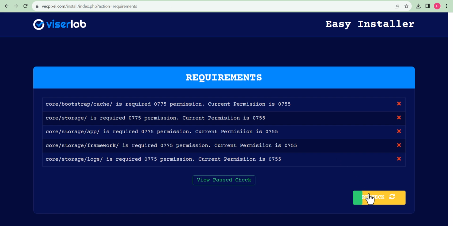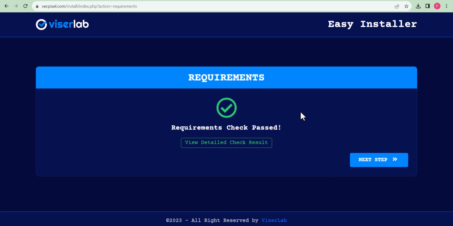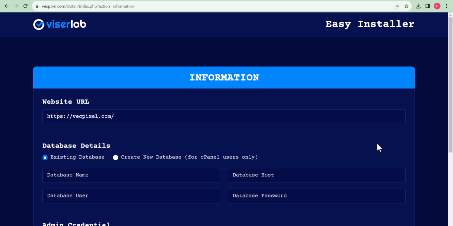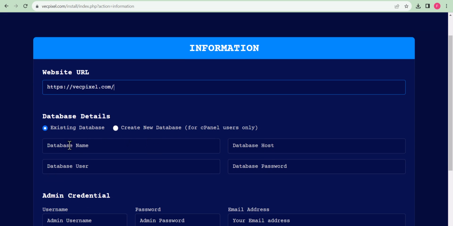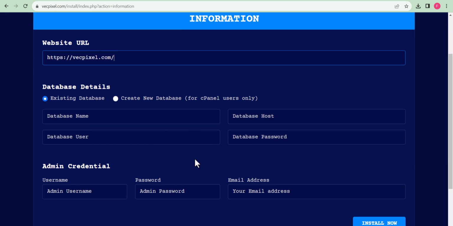Alright, now we have given all the permission. Let's recheck, and as you can see, requirement is passed. Now let's click on next step. Now you will see the website name here, and you have to create a database and link it to the